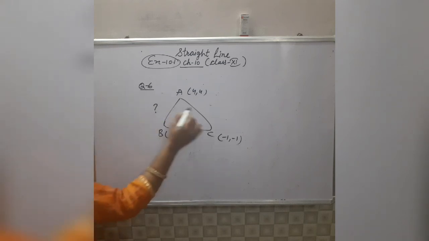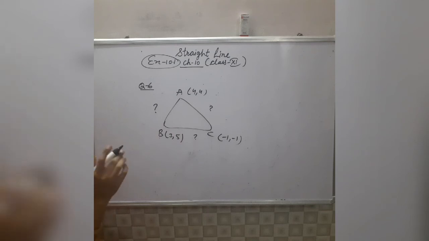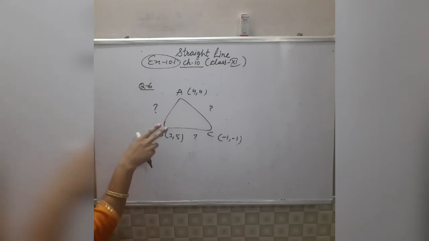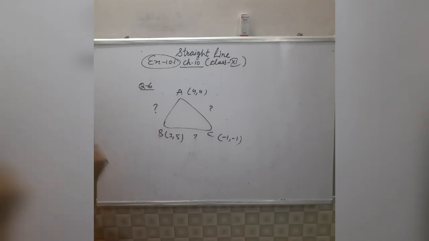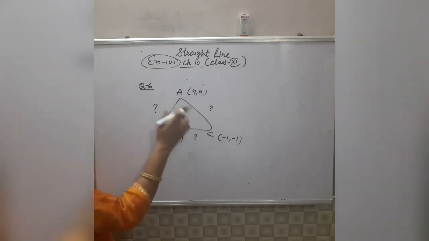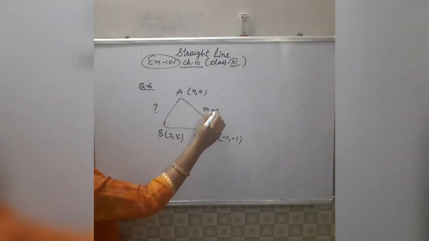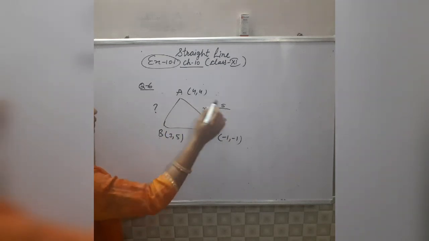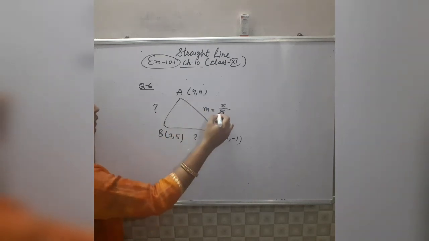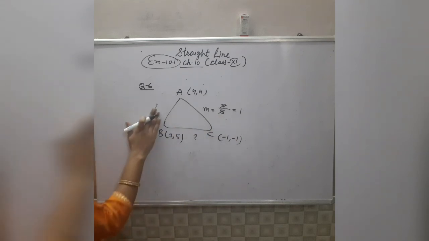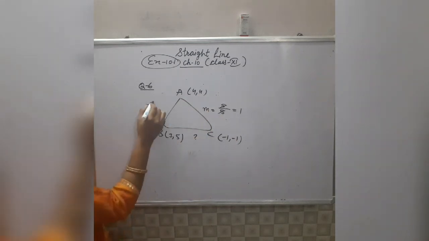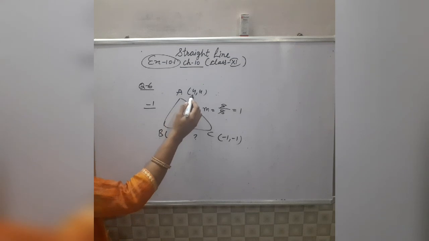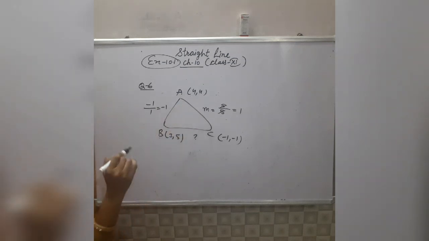So firstly we will find the slopes of these three lines. Then we will take the product of any two lines. If the product of any two lines is equal to -1, in that case these two lines will be perpendicular and this triangle will be a right angle triangle. So one by one we will find the slope of all the lines. The slope of this line will be y2 minus y1, means 4 minus -1, it becomes 5, divided by 4 minus -1, again 5. So slope is 1. Here y2 minus y1, 4 minus 5 is -1, divided by 4 minus 3, which is 1, so slope is -1.